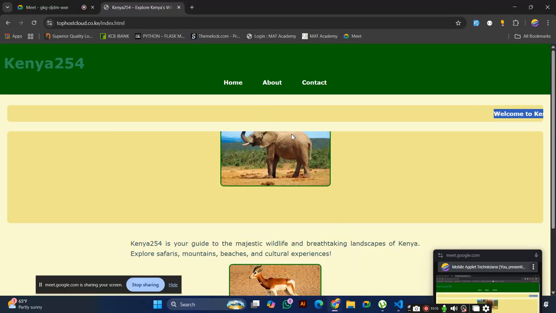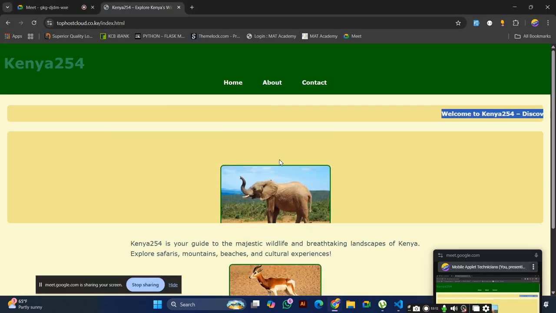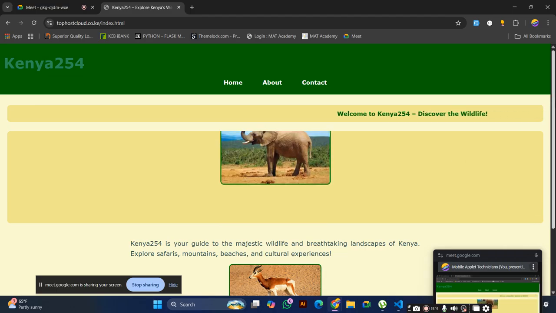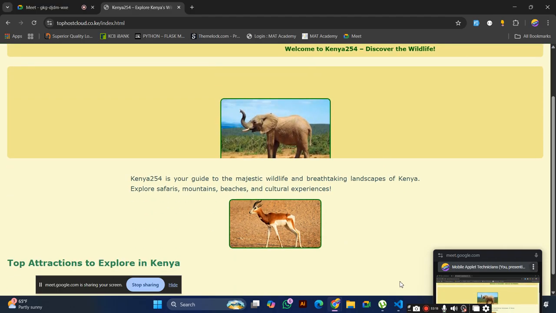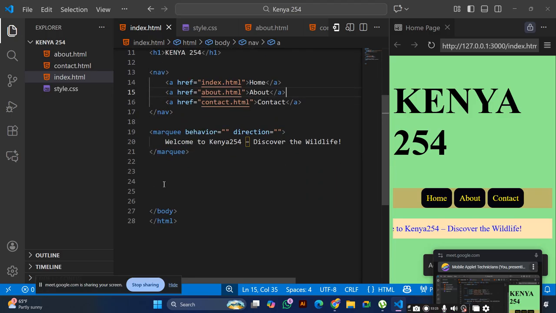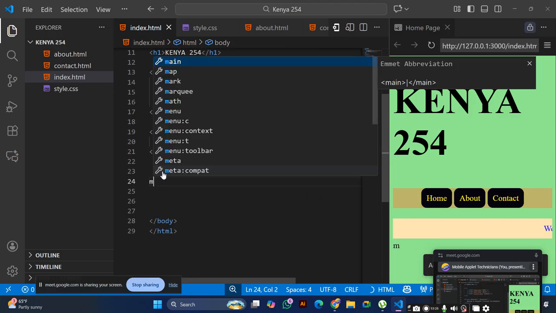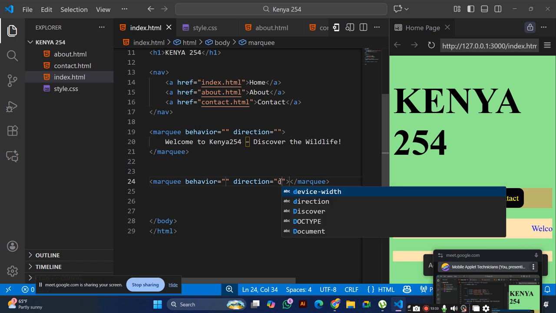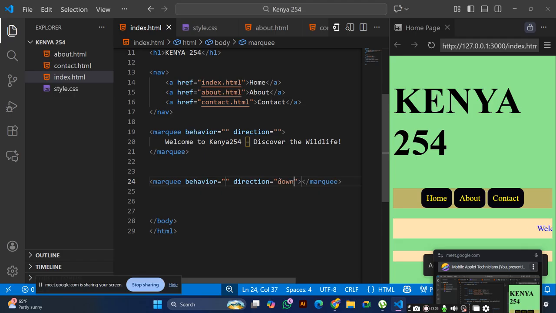Now there is an image that is also going downwards. That means it's another marquee, and the image is going downwards. So there we go. Another marquee here. And then the direction is downwards. Down. Direction down.